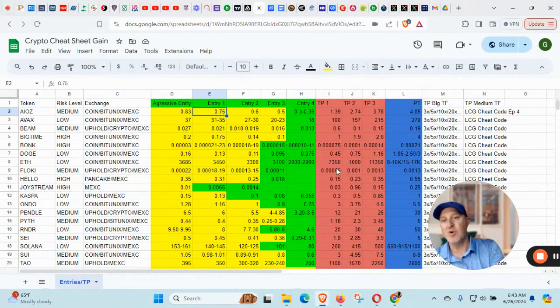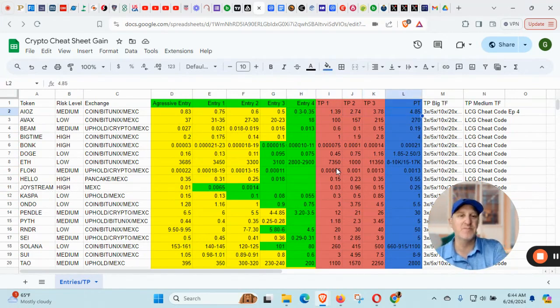Now, these are not all of my entries because, for example, I was buying Render since it was $1. Okay. I was buying Solana since it was around $12. And I bought Sui when it was back at 60 cents, and Sei I bought when it was around 20 cents. But I am accumulating more at these levels for many of these coins, okay? And then I take profit on the way up.